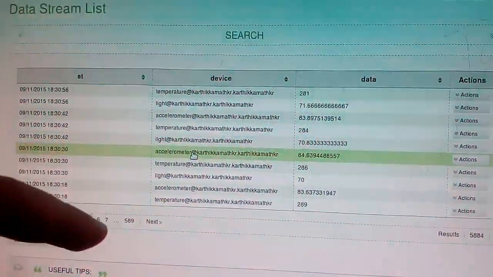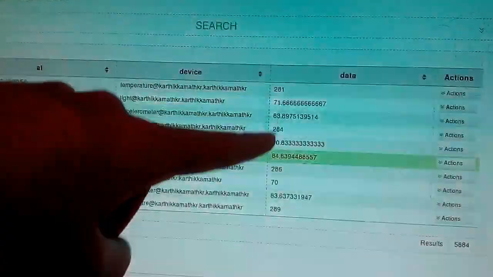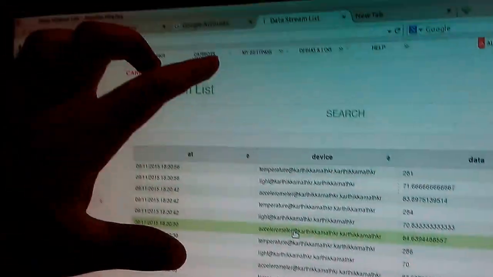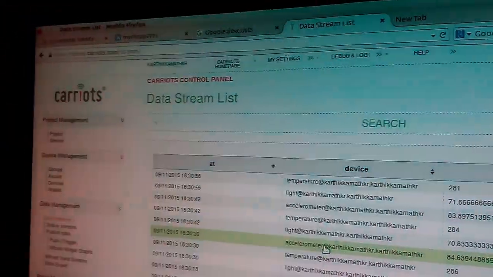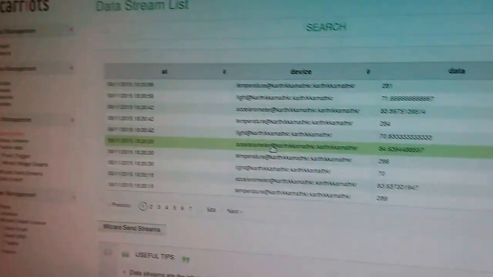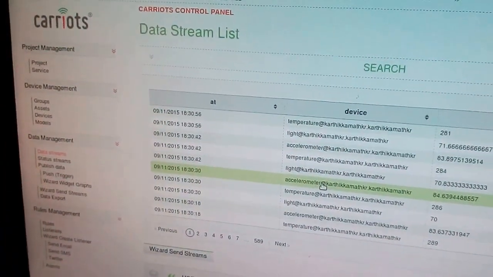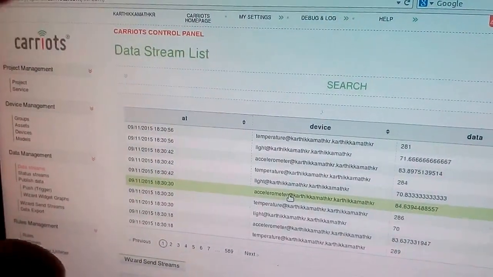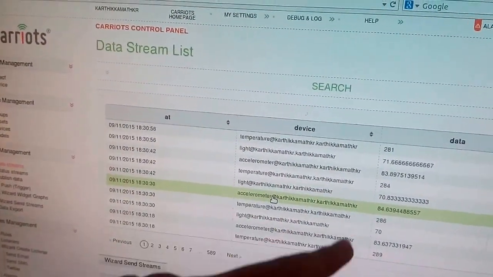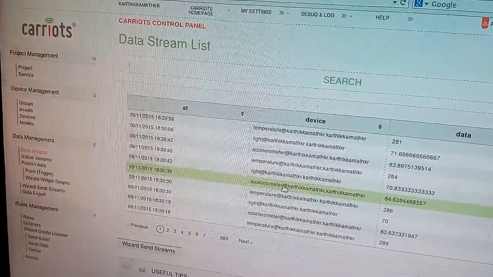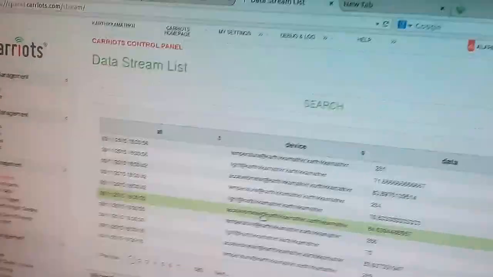Now you can see that all the data we have pushed are there in the cloud as below. And this is the carriers.com, which is the cloud platform which we have used to push all the data into the cloud. This is a platform as a service cloud software where we use the data to do any kind of data analysis. There are many data analysis tools over here which we can use to analyze the data which we have obtained.